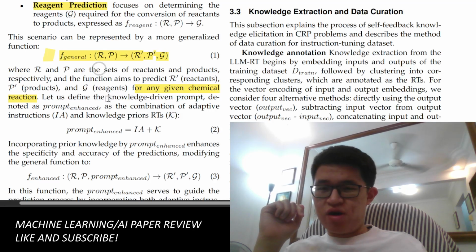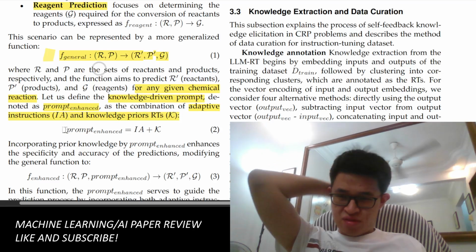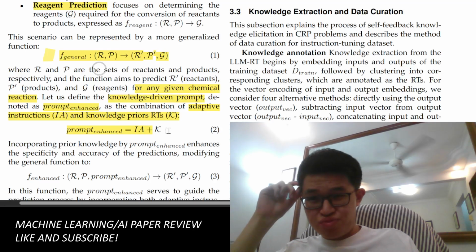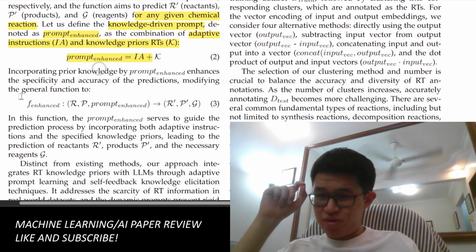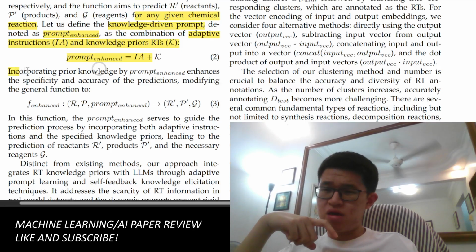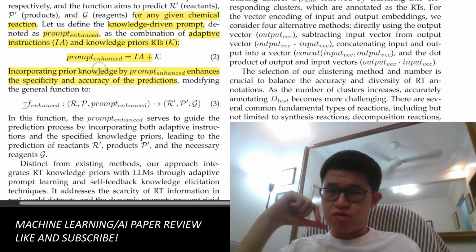Okay, and then define the knowledge-driven prompt, denoted as enhanced prompt, a combination of adaptive instructions and knowledge priors RT, which is defined right here. I don't know why the A is before the I, but whatever. Incorporating prior knowledge by enhanced prompt enhances the specificity and accuracy of these predictions, which then modifies the